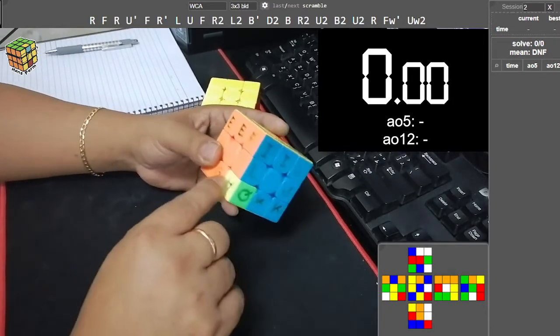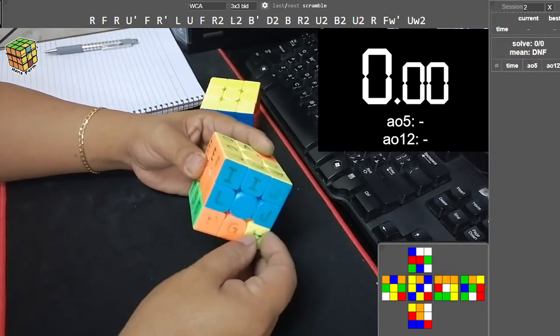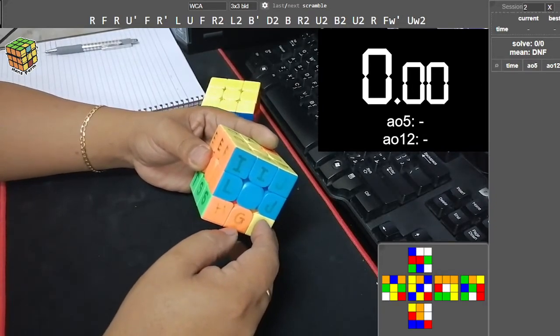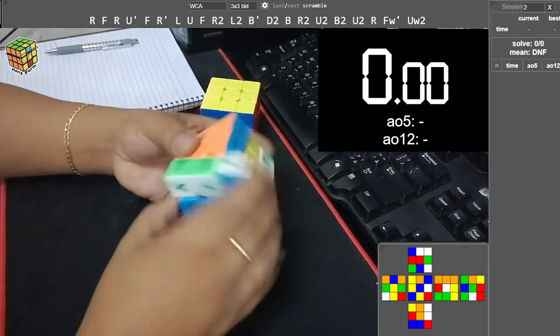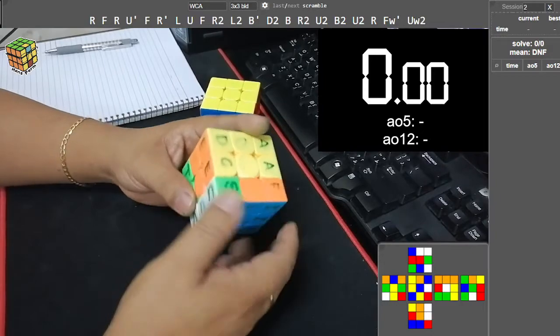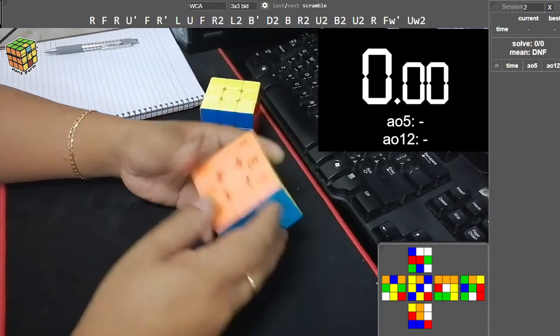So we use this D, D, and R, and then Y perm, right, and then R prime, D prime. Now your G is already solved. Moving on to